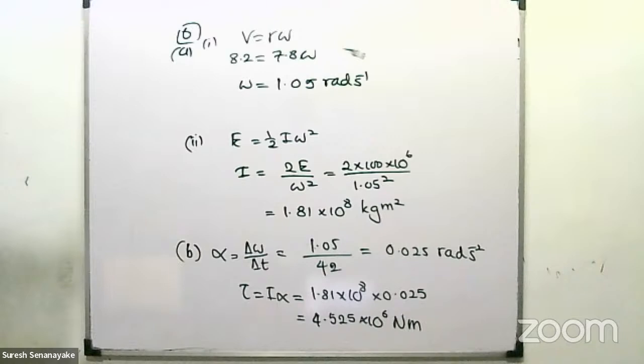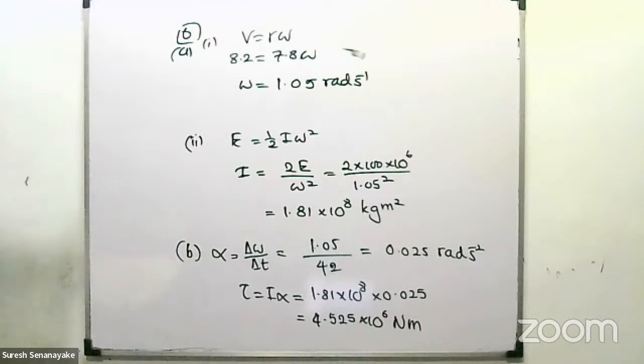A student uses two methods to calculate the moment of inertia of a solid cylinder about its central axis. In the first method, the student measures the mass of the cylinder and the diameter. Because it's a solid cylinder,